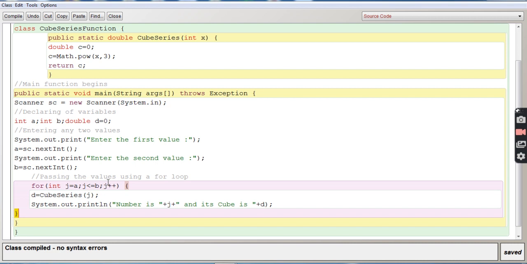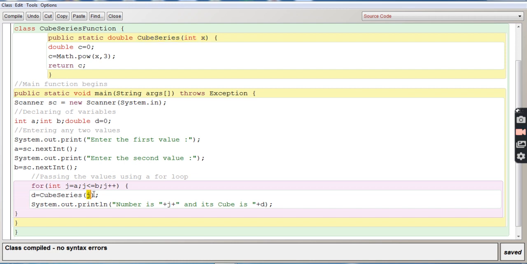So we'll go back to the update j plus plus. So j was 3 earlier, 3 plus 1, 4. So 4 is less than 7, true. We'll get into the loop, goes to the next line. D is equal to cube series, will go back over here and pass its value to x.